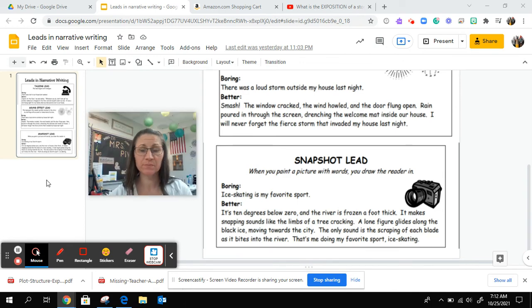attention. So, ice skating is my favorite sport. Super boring. If you've never ice skated before, you might not have any idea what that looks like or feels like. If you have before, depending on your experience, you have to bring what you know to the table versus